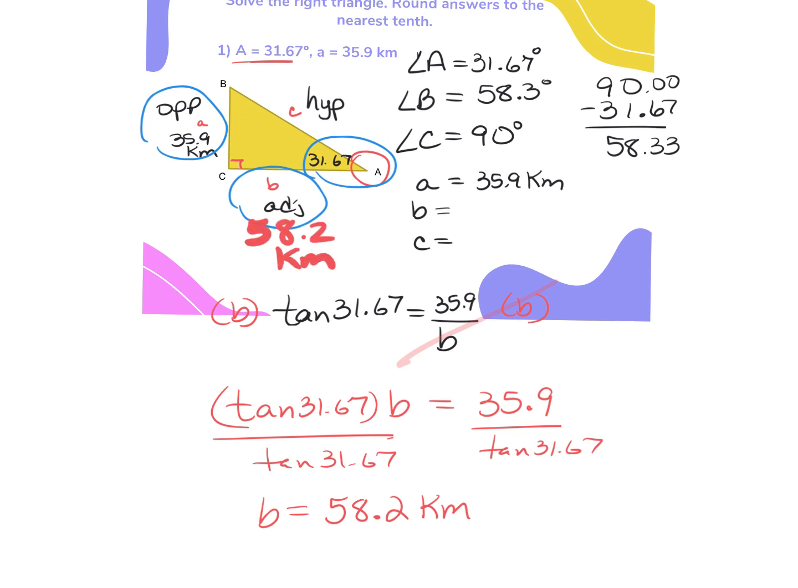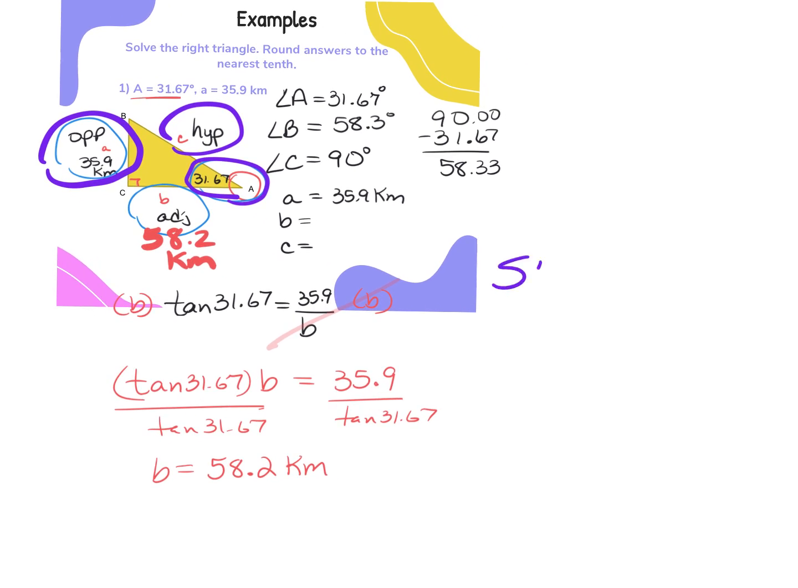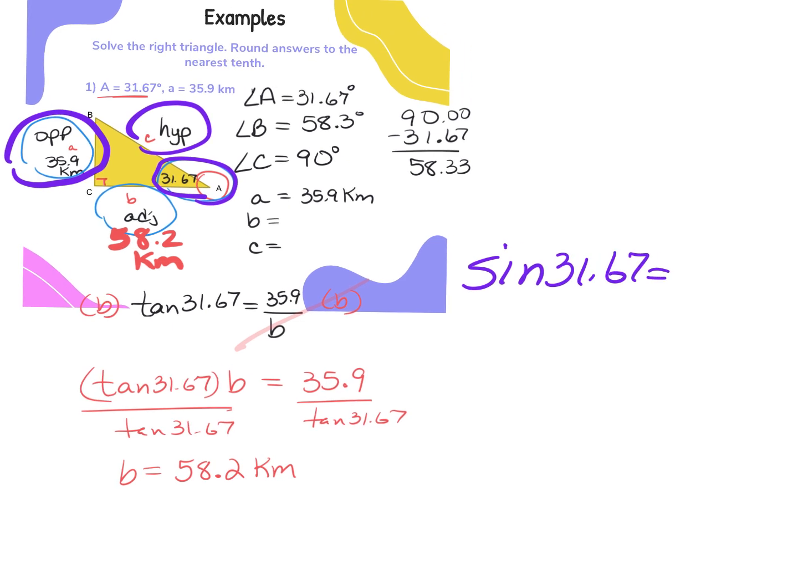Now we've got to find the length of the hypotenuse. So I'm going to go back to my original. I'm going to be using opposite again, the 31.67, and I'm trying to find the hypotenuse. Which trig function uses opposite and hypotenuse? Sine. So we're going to do sine of 31.67